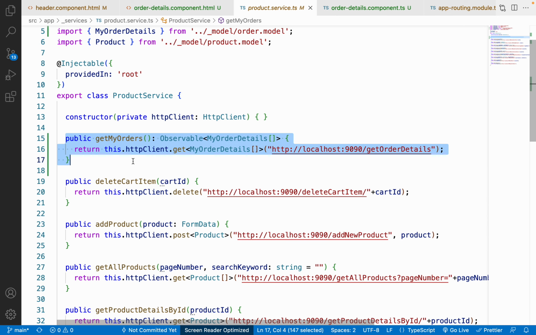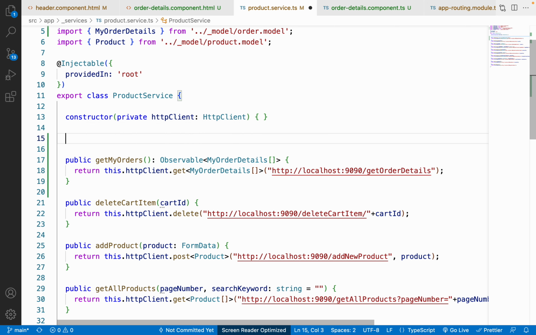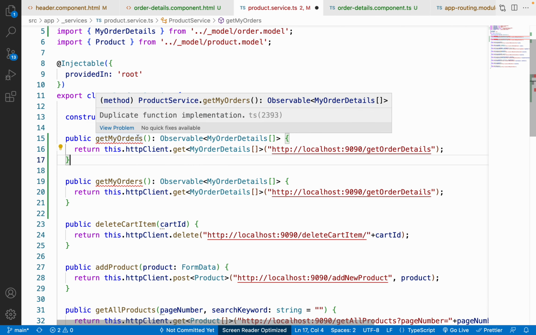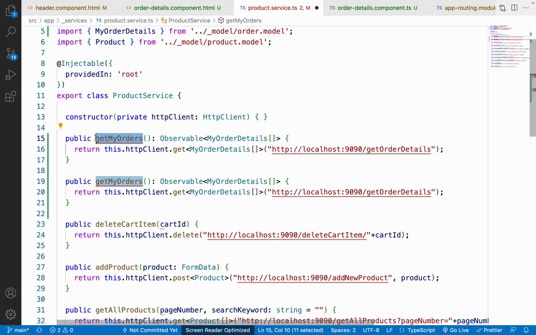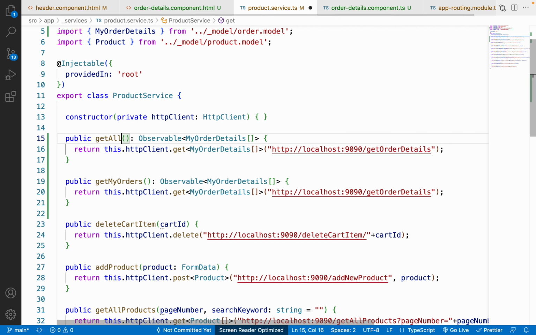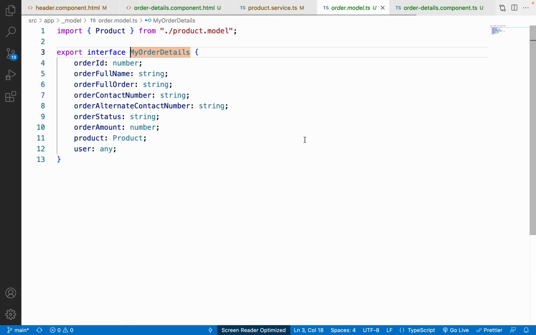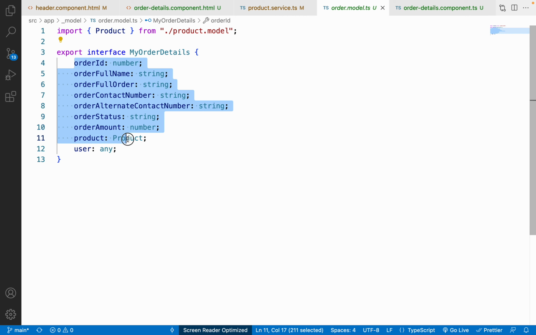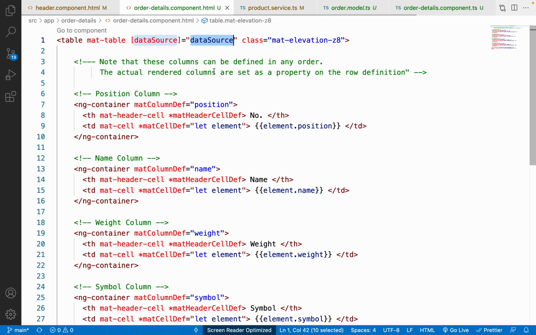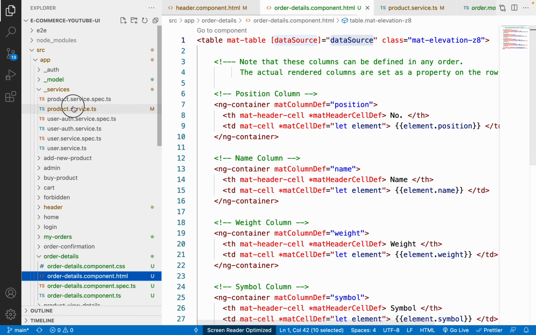So in the product.service.ts, let me just add one new function, and let me just give the name of that function as, let's suppose, getAllOrderDetailsForAdmin, something like this, and it will return my order details. So if I just open this my order details, then we are able to see different properties over here. So we can just keep it as it is,